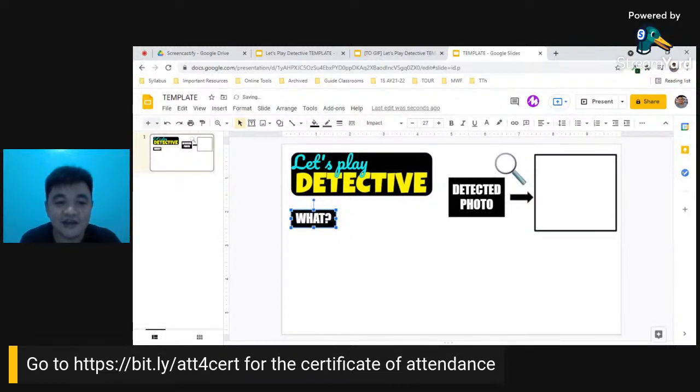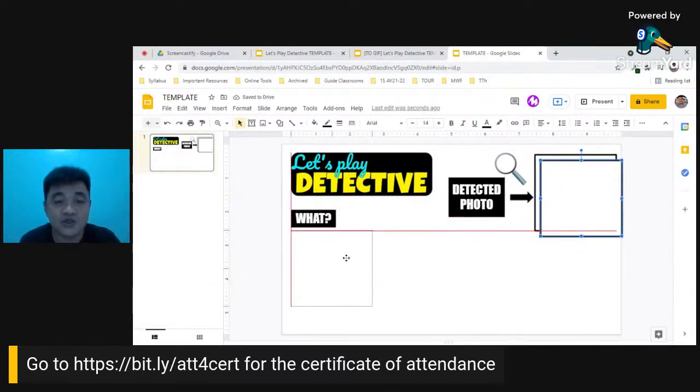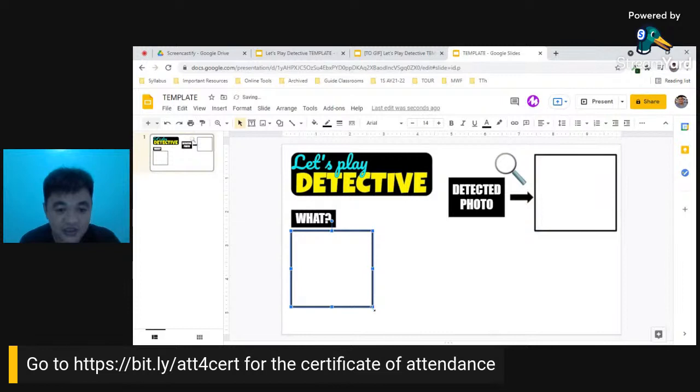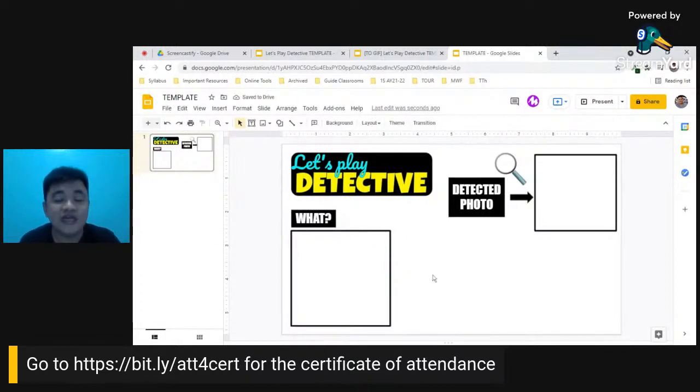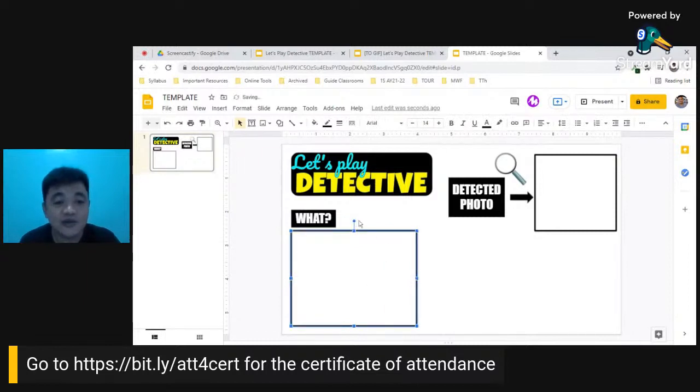And then the answers of the students will be placed here at the bottom. That's why we are going to just make use of the square or rectangle that we created earlier. I am going to just press Control D on my keyboard. Again, duplicate is the result if you press Control D. So you can just adjust its size so that your students will have a wider space for them to put their answers. And if you would like them to be guided on what they are supposed to put here, you can, of course, put